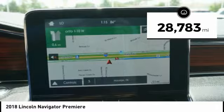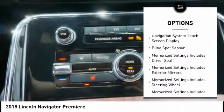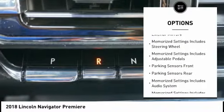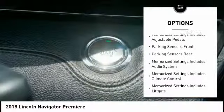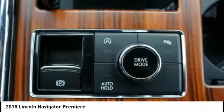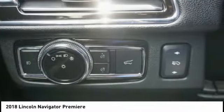Here are some of this vehicle's great options: keyless entry, remote engine start, stability control, traction control, cruise control, voice-activated navigation system, power brakes, compass, child safety locks, clock. A vehicle like this doesn't come along every day. Come in and get it before someone else